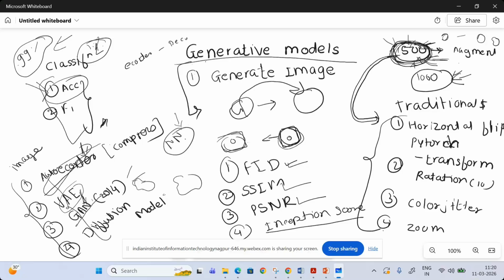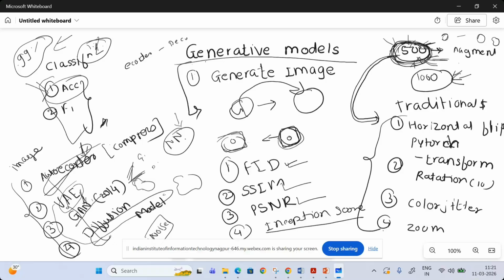In the case of GAN you have two networks. You are already aware of the GAN architecture: there is a generator and a discriminator. And now you have the diffusion model. The diffusion model makes use of a noise technique, adding noise and removing noise from the image. If your model is able to learn removing noise, then from noise you can generate the image. We will see that in today's session. So I hope it's clear.